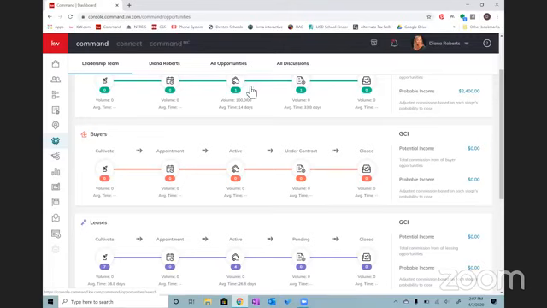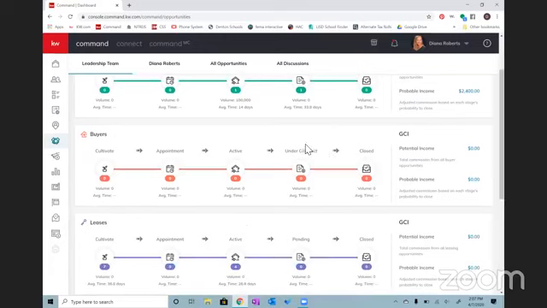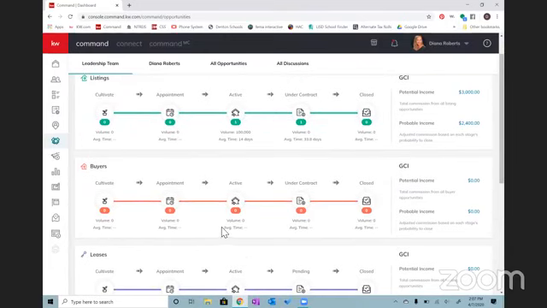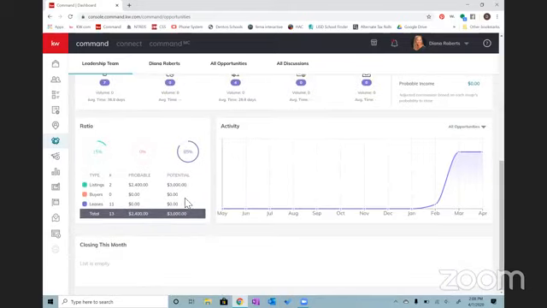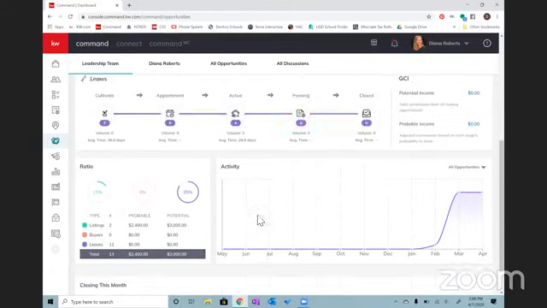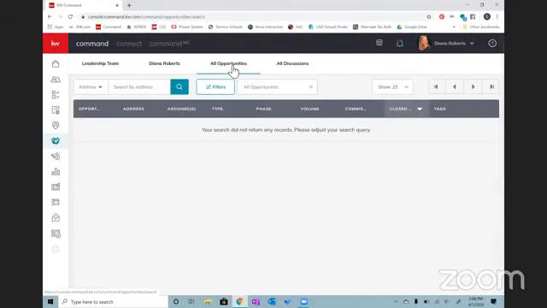If you want to see all of your opportunities, this is what's known as a pipeline right here. And you can quickly see how many active status, how many under contract, how many close of listings, buyers, leases. And then down here, you've got your ratios and activities. Okay. But if you are looking for a particular opportunity and you're not sure exactly where you put it, you can click on all opportunities. And that will give you a list like you are used to